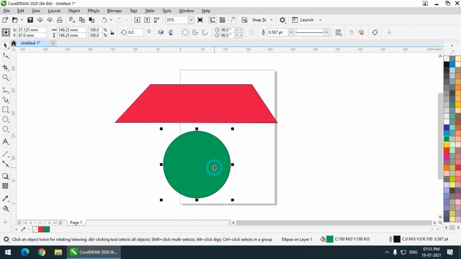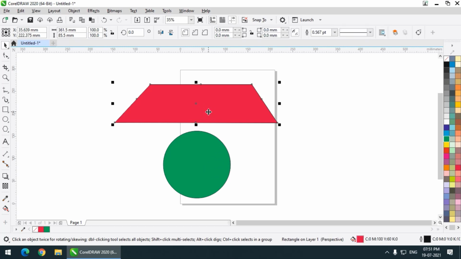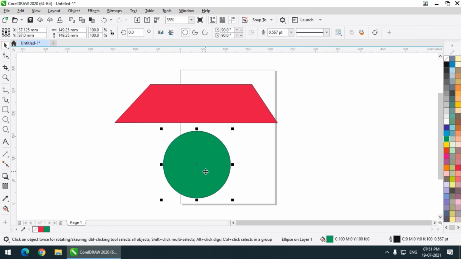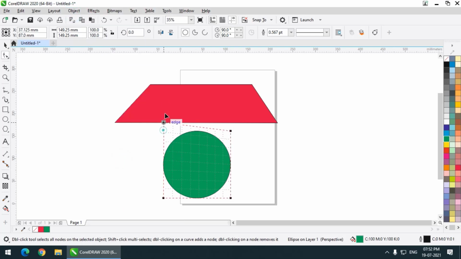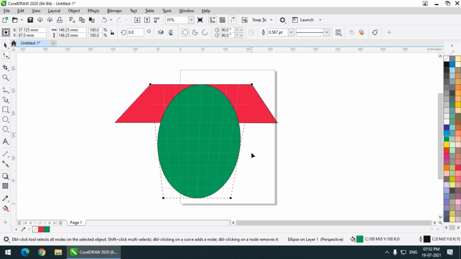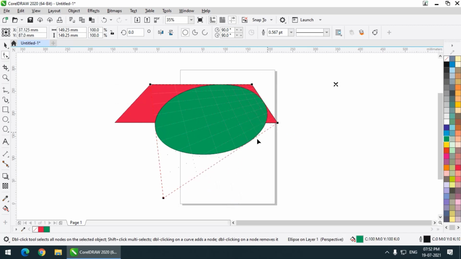You can directly use the add perspective option on this circle, but because of this guide I can have an idea of how much perspective I want. So I can simply select the object, go to the object menu and add perspective. Then I can simply match the anchor points of the two objects.